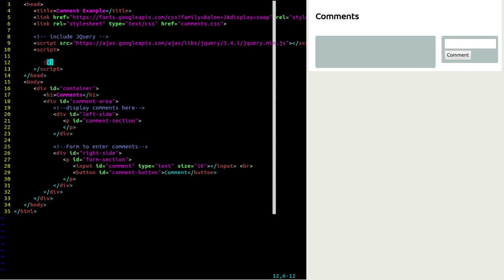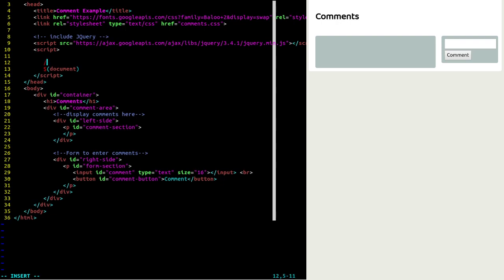Everything's done through this magical $ object. If I pass it a reference to document, now I'm getting at the document itself, so the whole HTML document. Now, in this case, I'm going to add an event listener for clicks on the comment button,